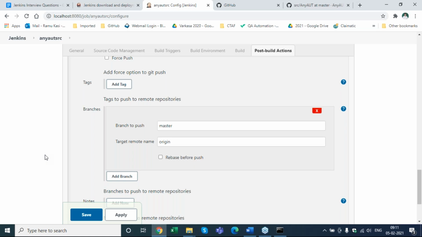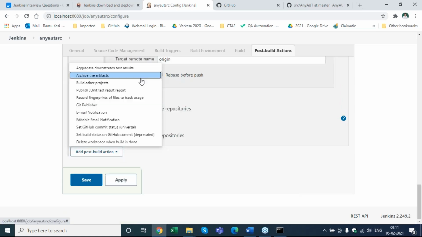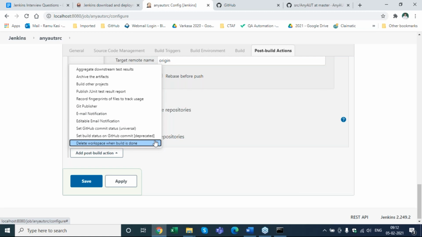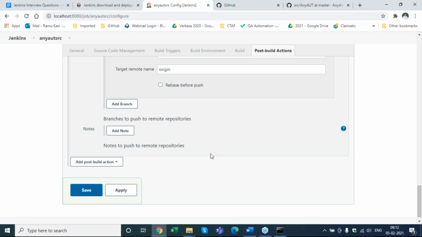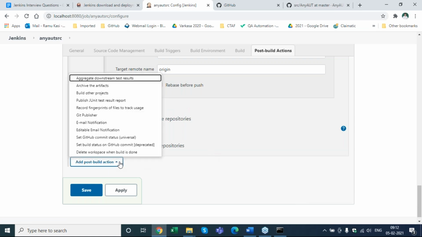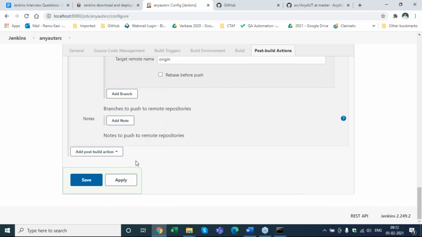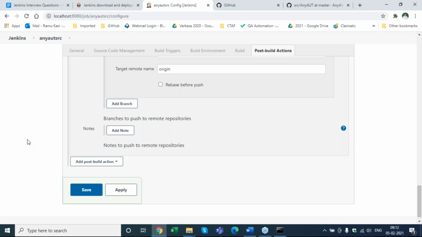So Ramu, where's that option? Somewhere it'll be there. This is GitHub branches. Yeah, this one. Scroll down a little. Tick, tick, tick. Build other projects. There you go. It seems to have been added, but I'm not seeing it here.